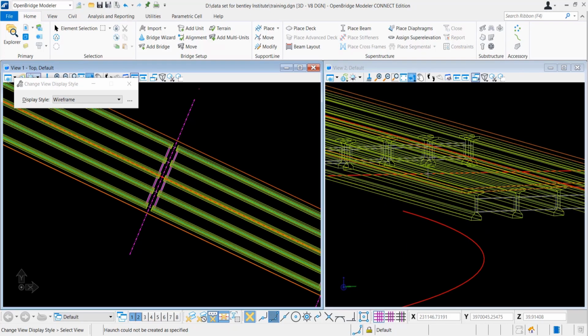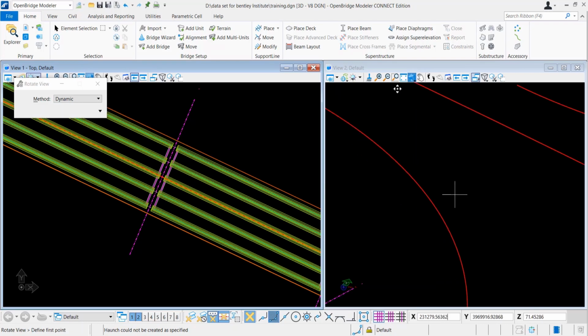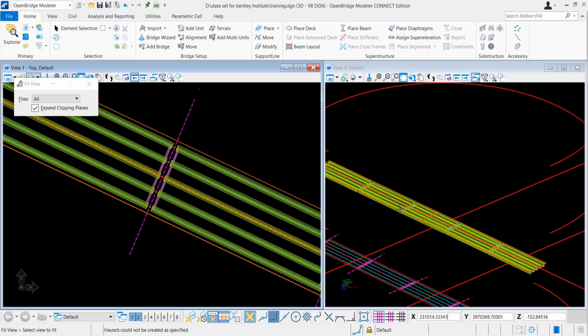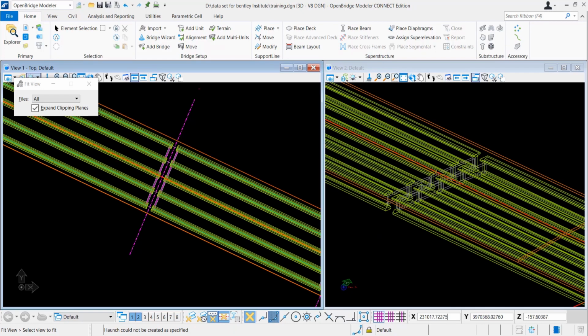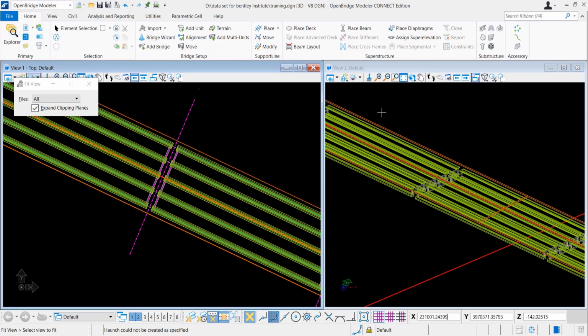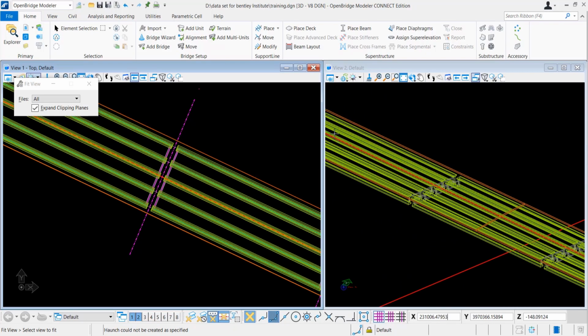And if you change the view to transparent, you can see how it places the diaphragms. By looking into these features, you can edit the diaphragm sizes if you need to. Once we have placed the diaphragms, it's almost complete for the superstructure part.